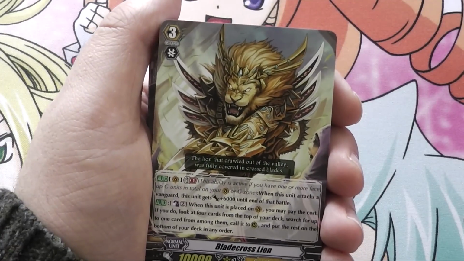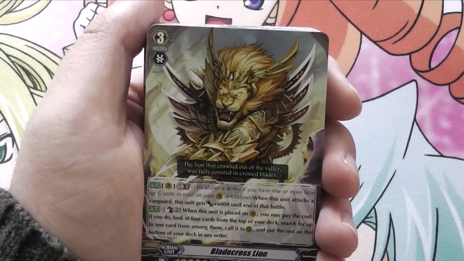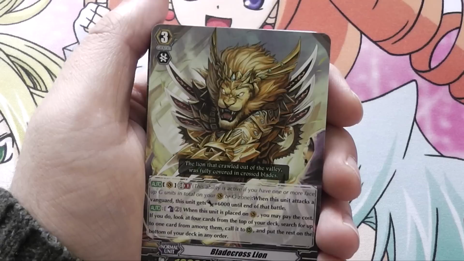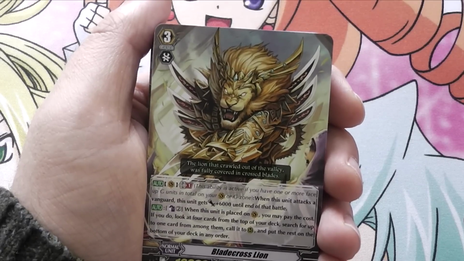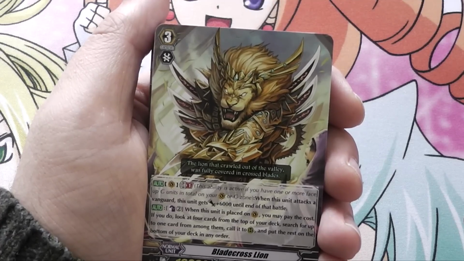They get 4 of those, and then you get Blade Cross Lion, so this will be a 2 of. He's got GB1, when his unit attacks a Vanguard, he gets plus 6 till the end of that battle. And Counterblast 2, when he's placed on the Vanguard, he may pay the cost. Look at 4 cards from the top of the deck, search for up to 1 card among them, call it